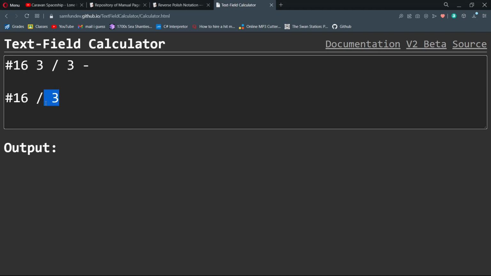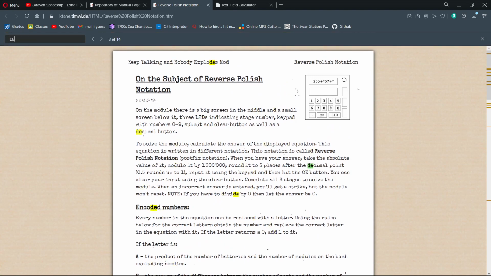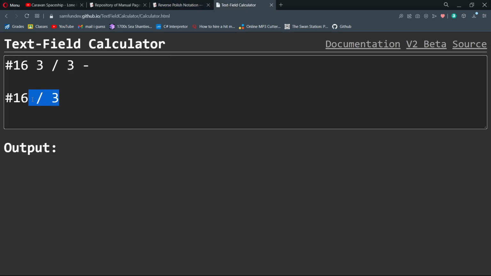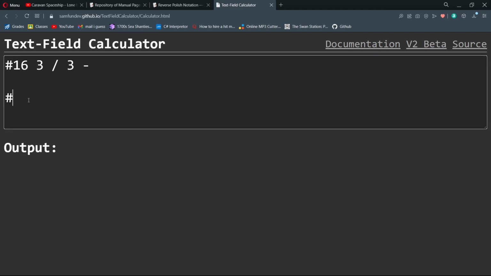Now, this is a module that rounds. I believe it rounds. So let me just quickly check. Decimal. Yep. Okay. So, whenever you have to do division, you'll have to round your answer to the thousandth place. So basically, 16 divided by 3 is 5.333. So our current stack right now is 5.333